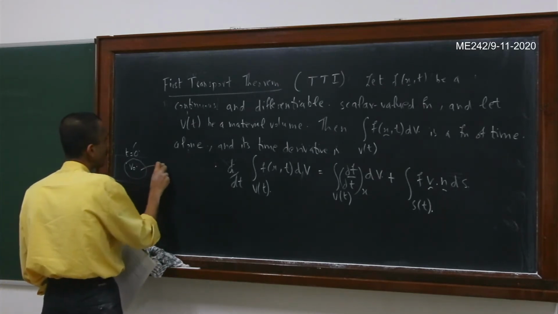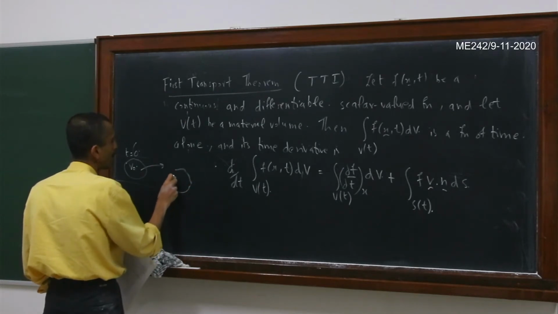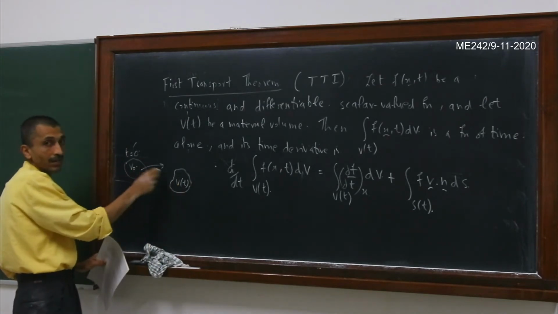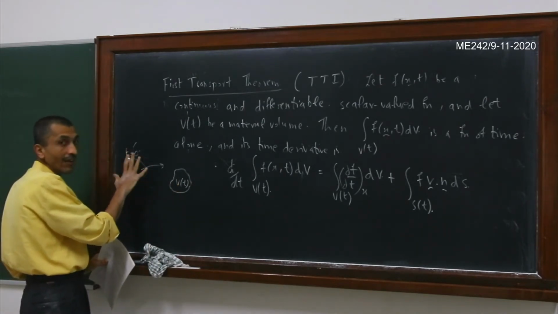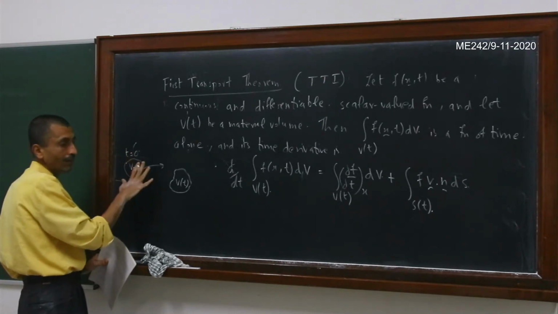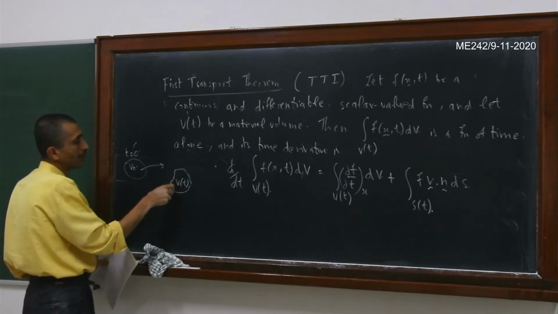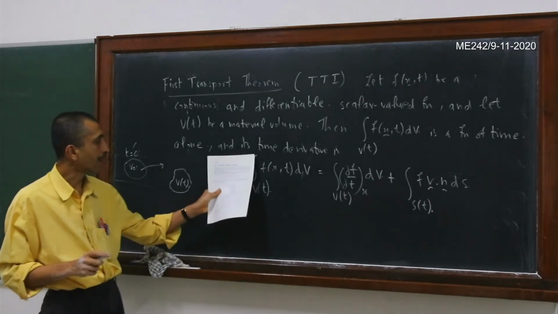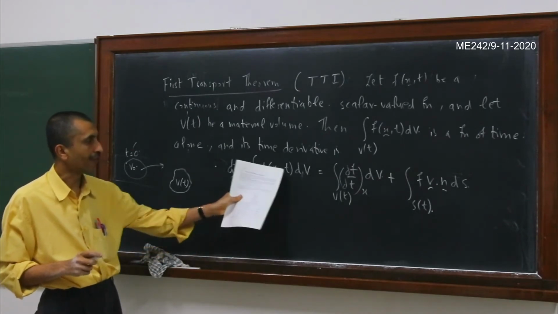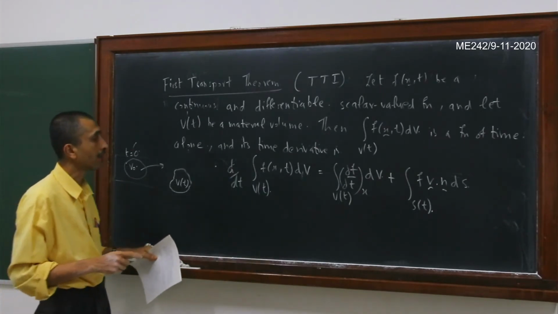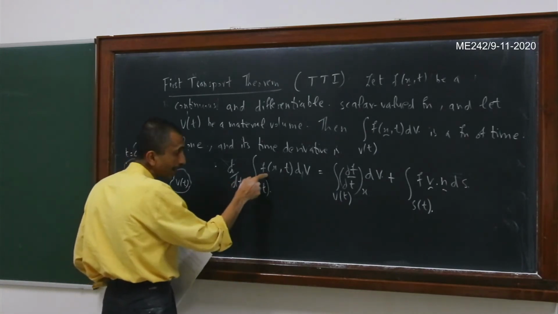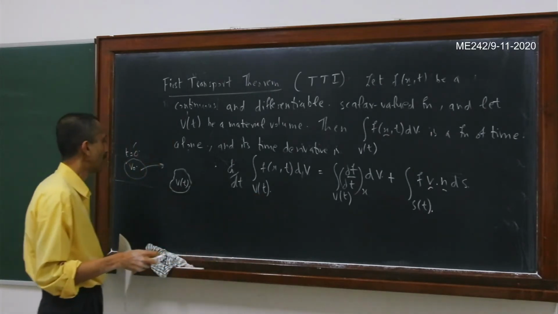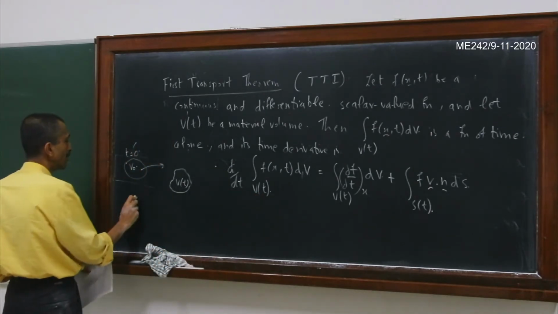Now this V naught is going to some V of t, correct? As I said, this is the same set of particles as it evolves, correct? And so nothing is leaving the material volume and nothing is entering the material volume, right? So we'll finally get this V of t here, right? Now, the d by dt is of an integral that is over V of t of f of x comma t times dV. Now, see, we cannot directly take this d by dt inside the integral sign because this V is itself a function of time. Many of you must be familiar with the Leibniz rule, right?